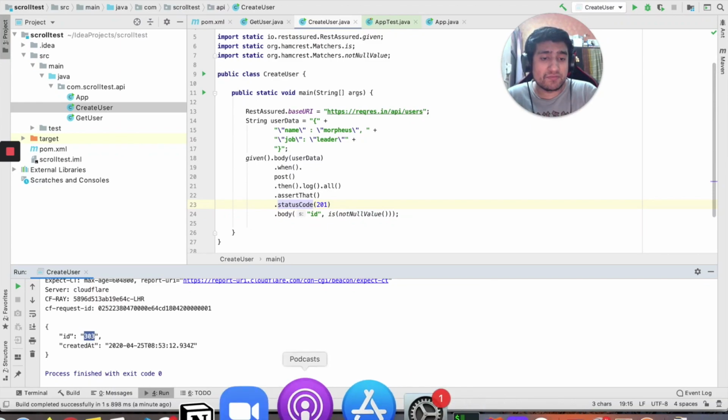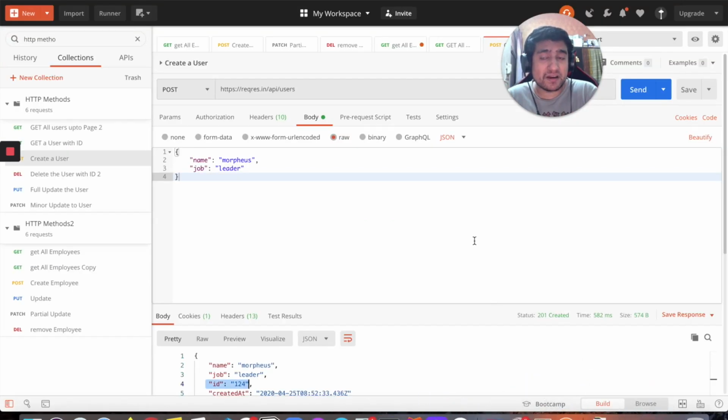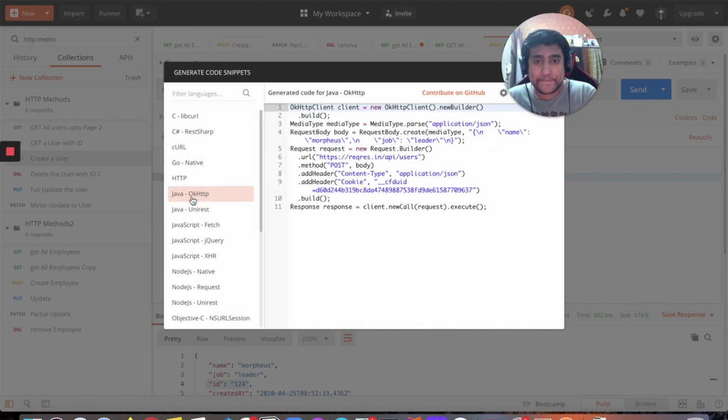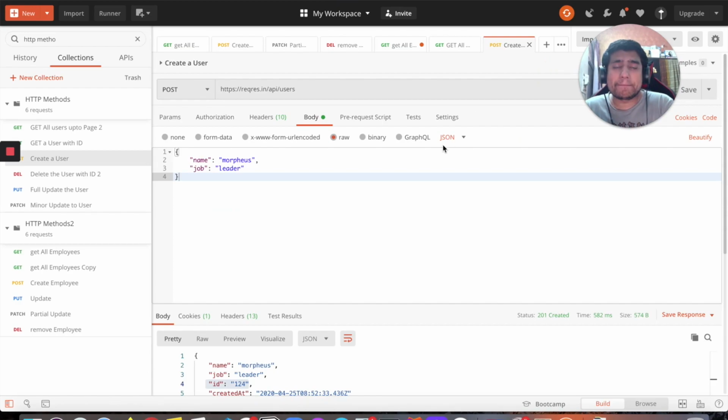Or if you have good experience in API testing using Postman, you can directly convert most of the things into REST Assured, right? There are ways you can directly import, and you can convert most of your Postman scripts into REST Assured in a very minimal way. All right.